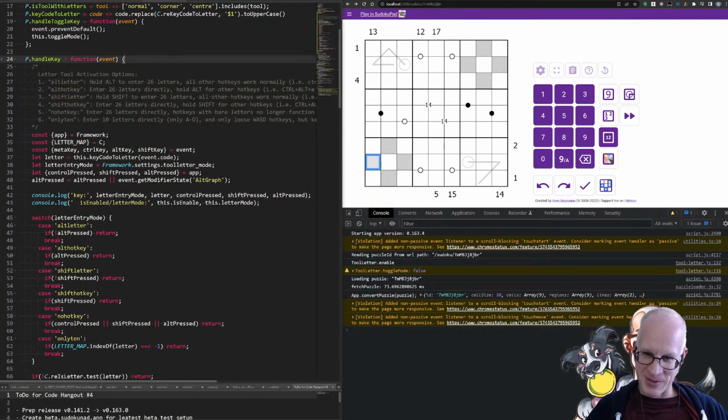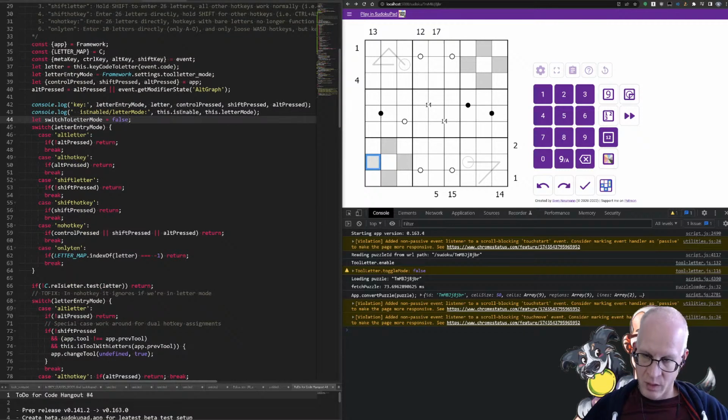We want to see if we want to switch into letter mode. But of course, we only want to switch if we're not already in letter mode. So let switch to letter mode was false. So here we're going to do if